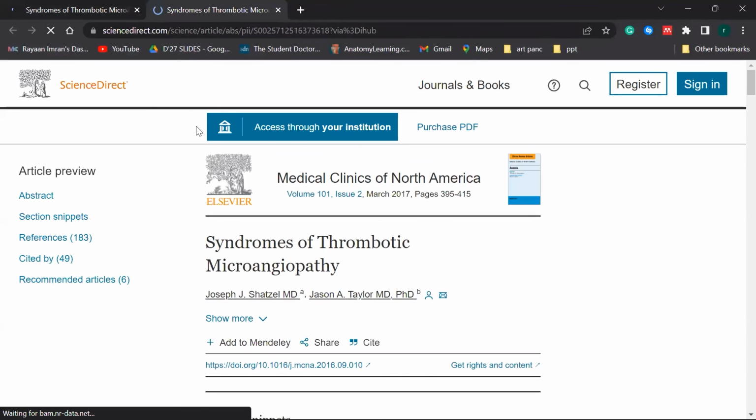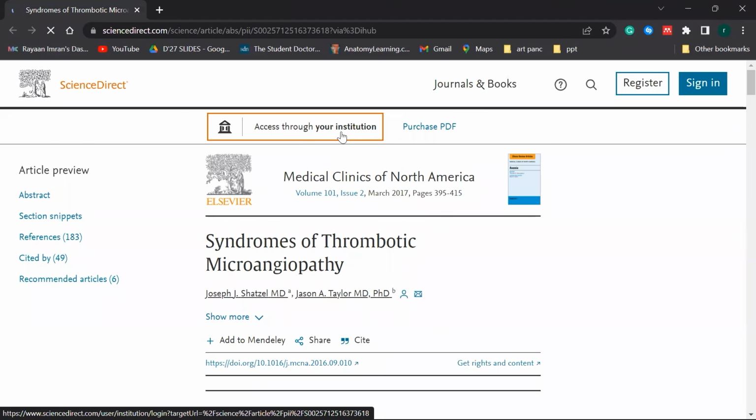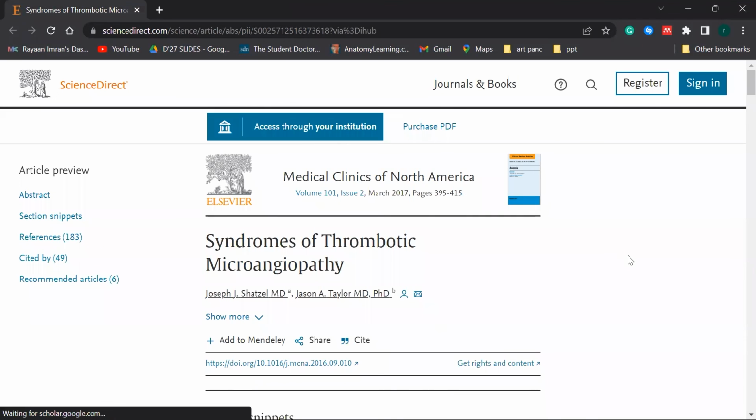Okay, so I think some people are still joining in. Sure, go ahead. So this is taking a bit more time to load than expected, but that's all right. I'm going to close PubMed because I don't need this. One thing: here it shows access through your institution. Dow Medical College has access for some articles, which you can get easily. We'll have to find that. I'll tell you that on campus. I don't think I should mention it right now. It's not a big deal right now.